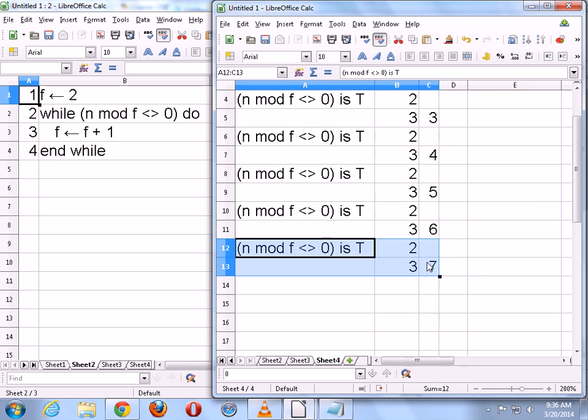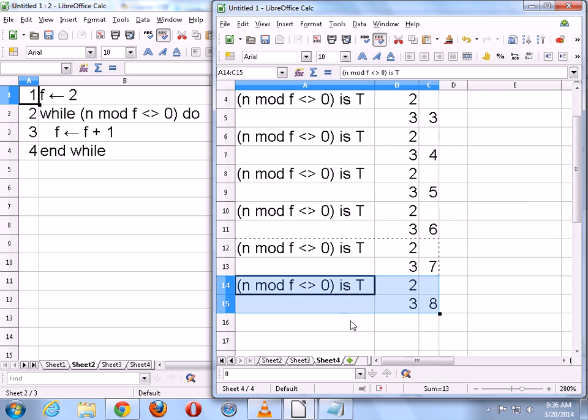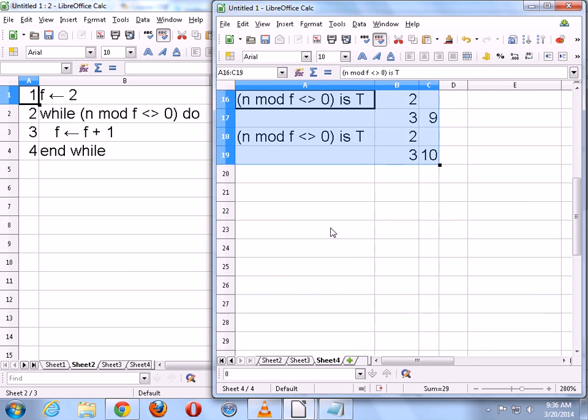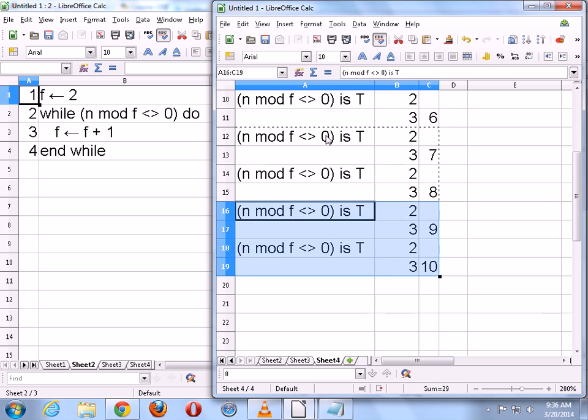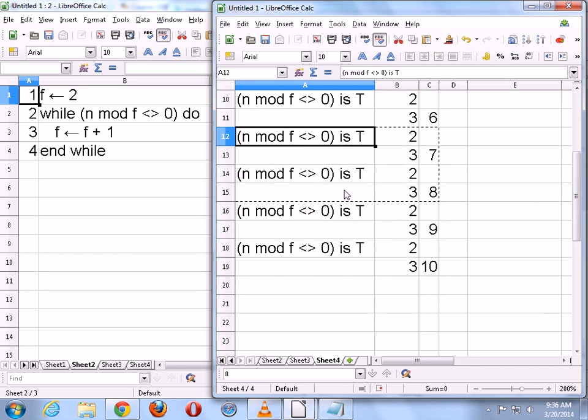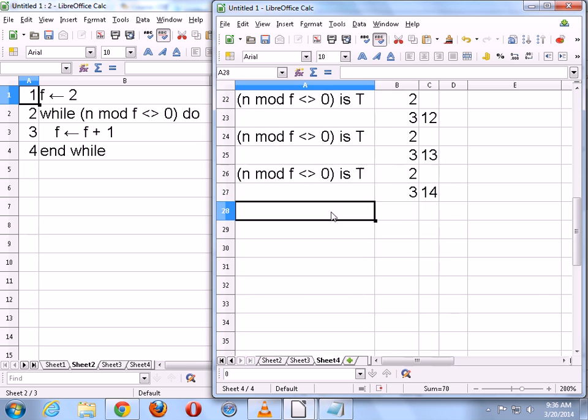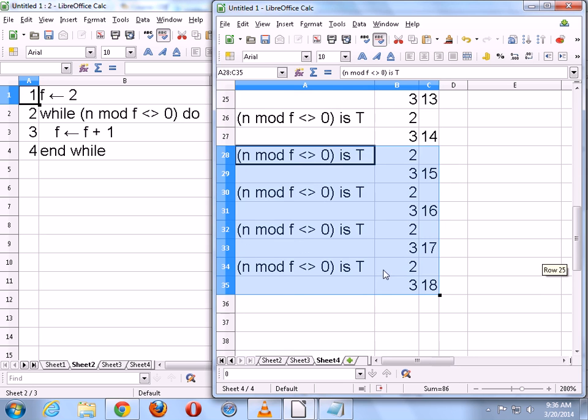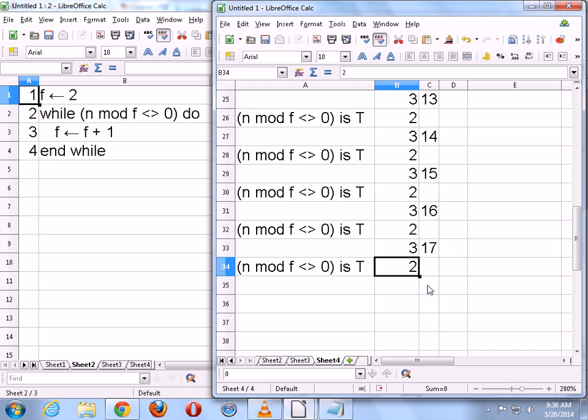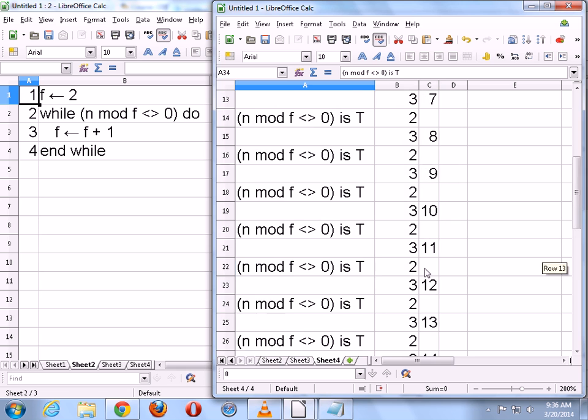So from here, I can just copy and paste. And then we can select these, paste it, and then I can now select 4. Paste it. One more time. And this is one time too many, because these two should not be here. Because by the time f has a value of, oh, I forgot one thing, didn't I?